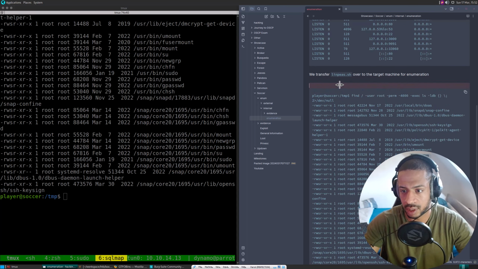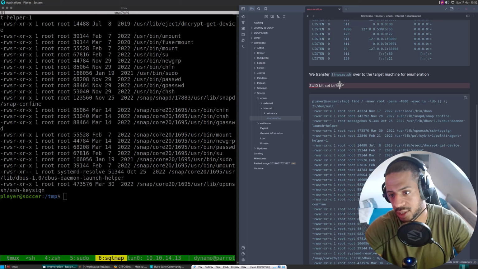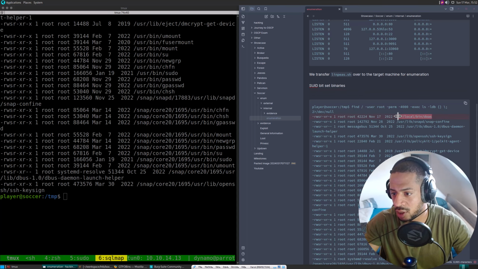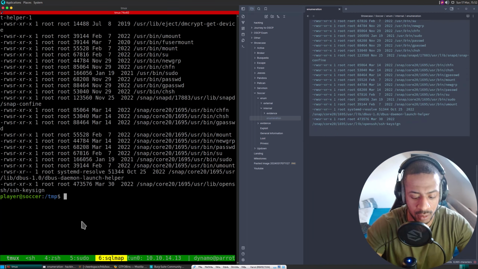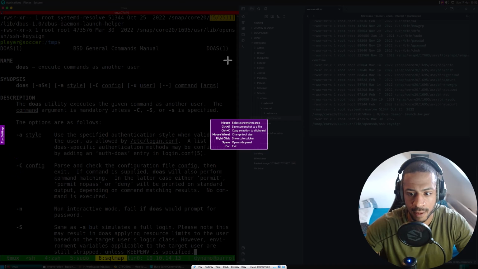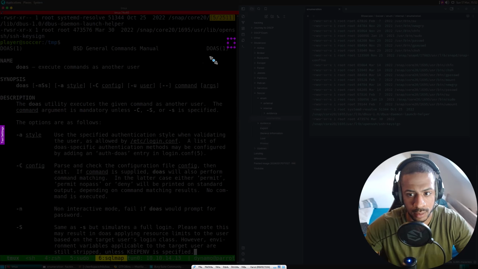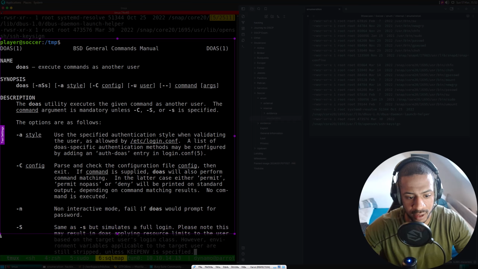These are all the binaries with the SUID bit set. SUID bit set binaries. There you go. And then we have local bin doas. What is that? So let's say man doas. Execute commands as another user. Interesting. So it's essentially like sudo. Well, isn't that perfect?